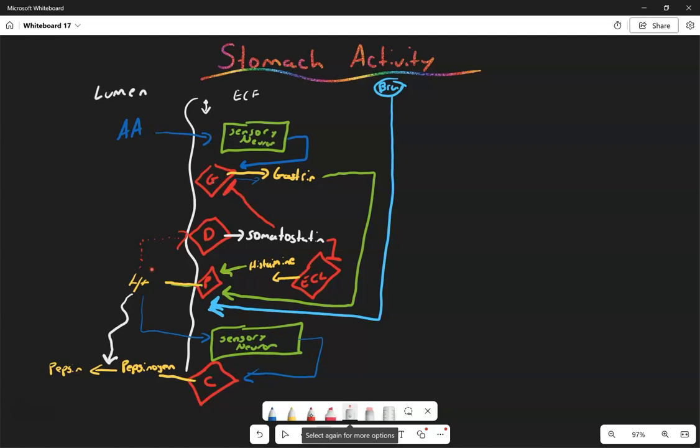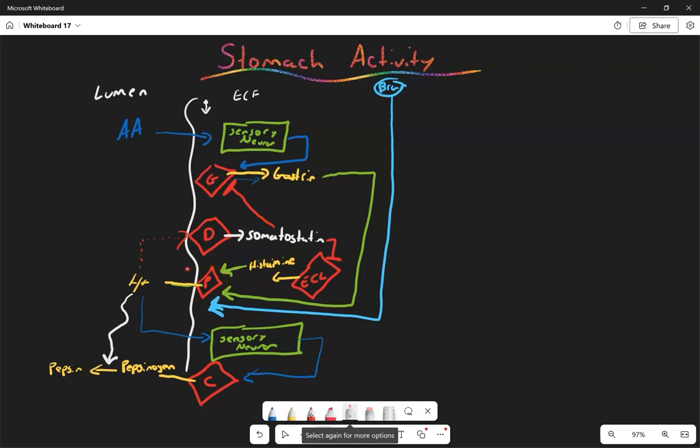So there you have a negative feedback loop inside of the GI tract with your proton and your D cell, which then is going to inhibit gastrin release, inhibit histamine release, which will then reduce or inhibit that overall